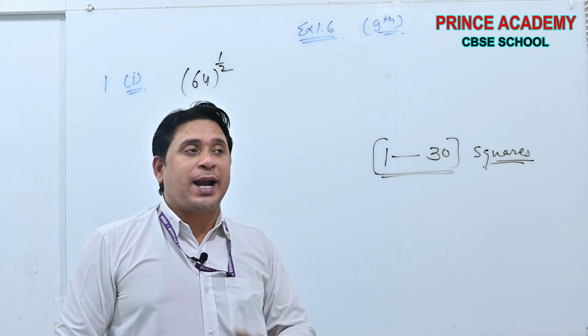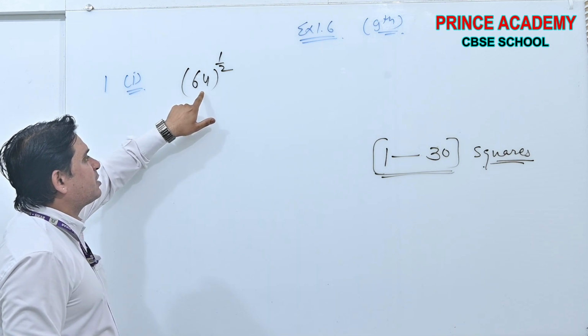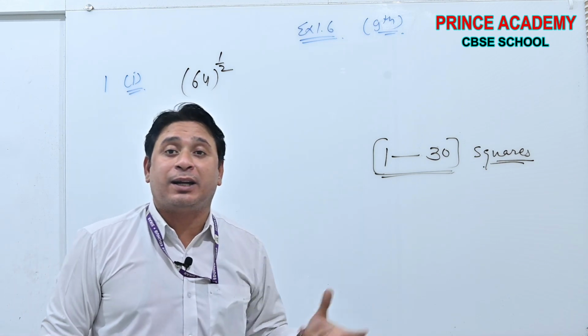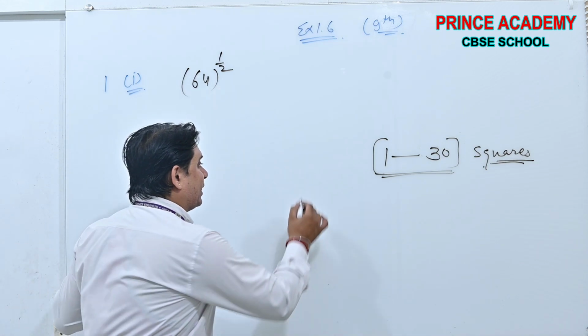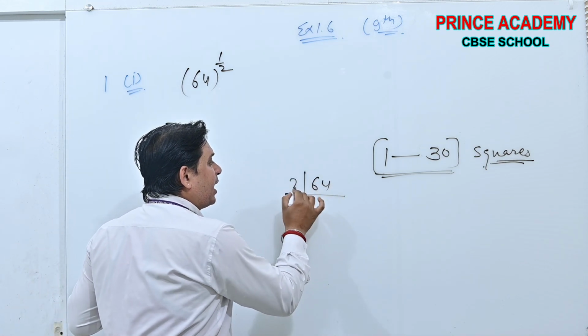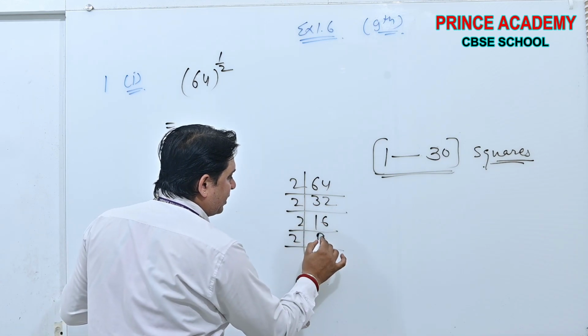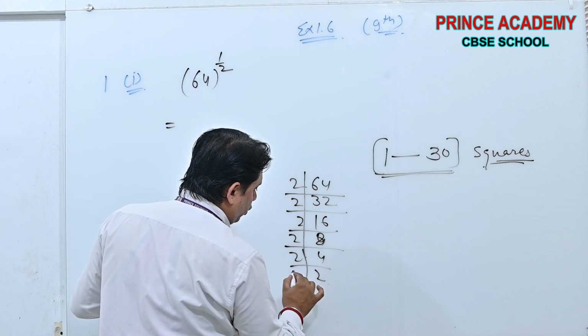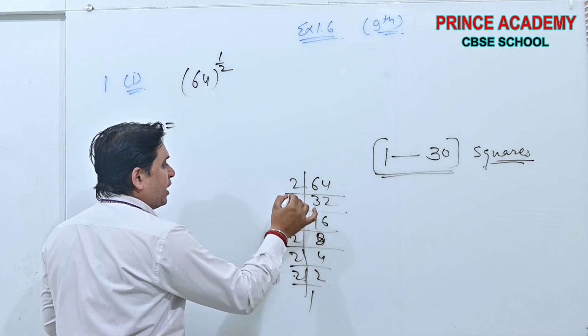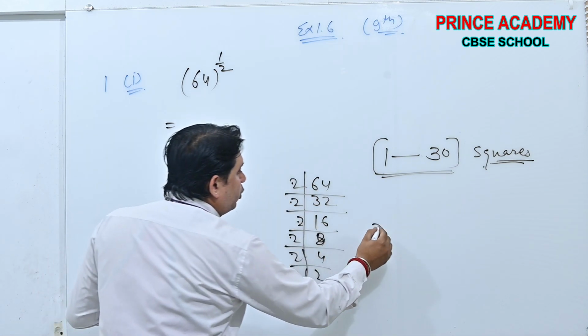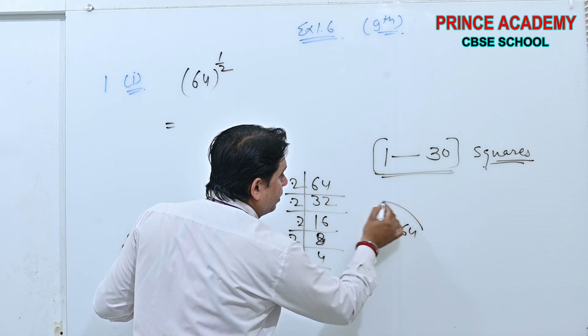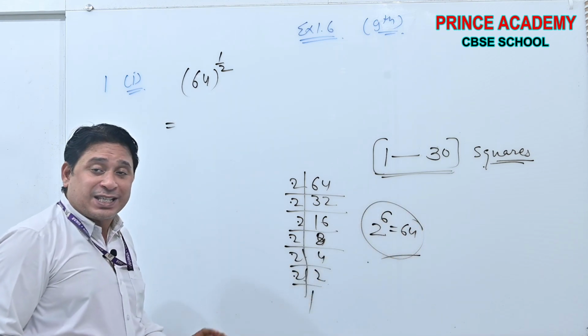If there is a student who doesn't know what 64 is in terms of a square, he will take time to solve this. He will do like this. He will prime factorize 64, which is the standard method. Okay, with the general method. 2, 2, 2 and then 1, 2, 3, 4, 5, 6. Then he will write 64 as 2 raised to power 6. But a smart student